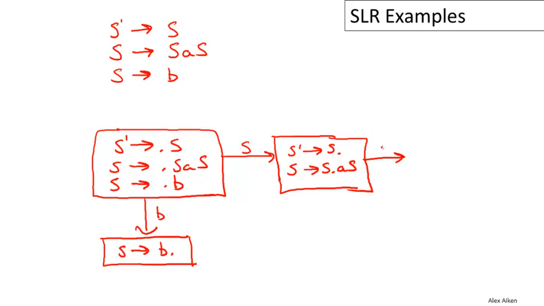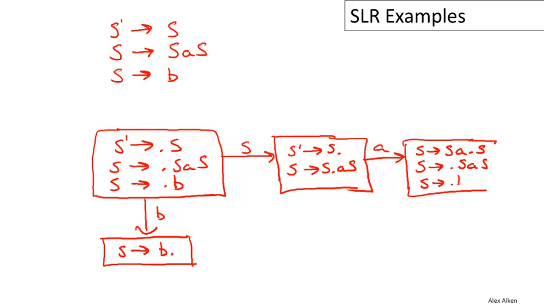Now we could also see an A. And what state would that take us to? And this is going to be a little different. In this state, we will have the item S goes to SA dot S, but now notice that the dot is right next to S. So instead of seeing an S on the stack, we could also see something derived from S in the next position on the stack. And so we have to throw in all the productions for S. There's only two of them, but that means we could have the item S goes to dot SAS and S